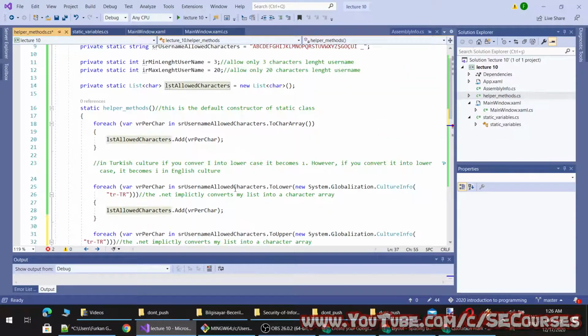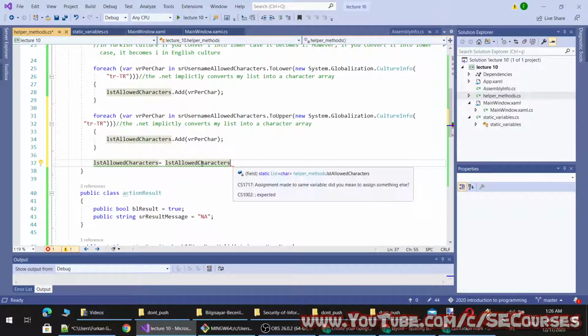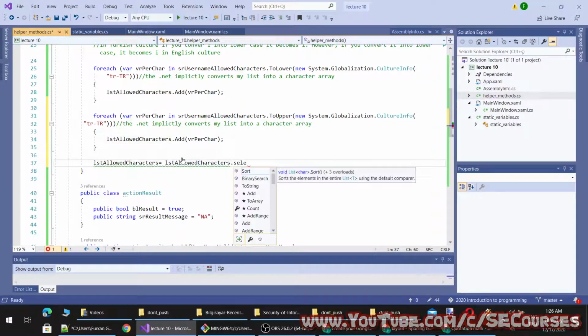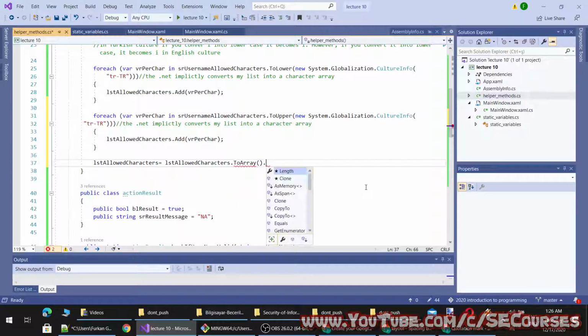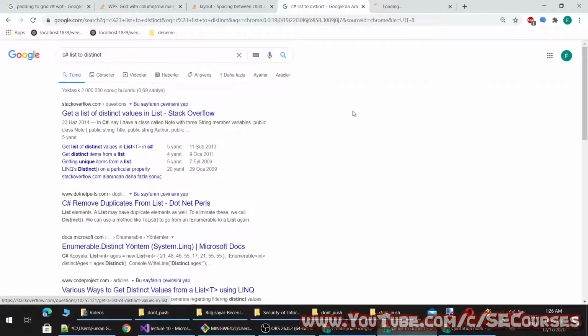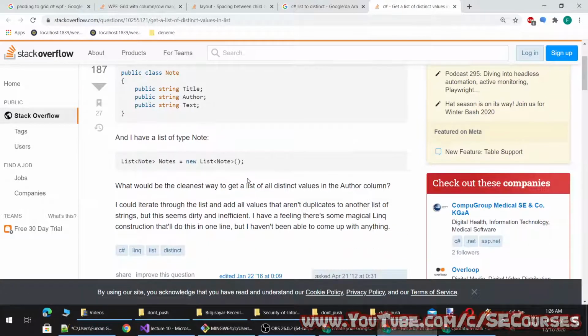Why is this LINQ queue not appearing on my list?